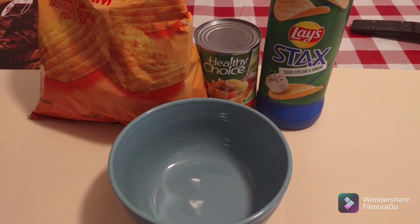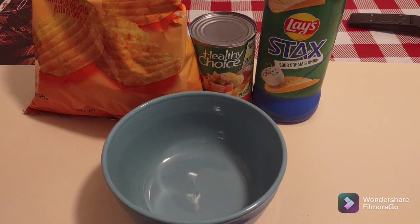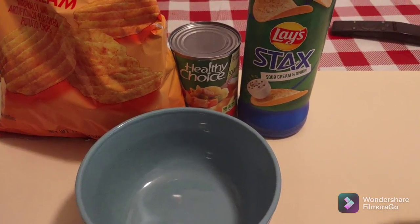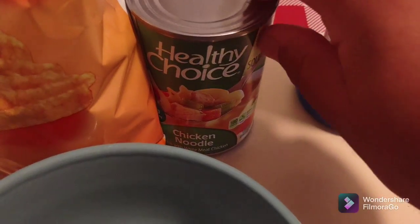So I like to eat soups, but sometimes I feel like I need something a little crunchy, a little more substance to it. So what I do is I will use what you see right here in front of me. First of all, the foundation of this is right here. It's this can of Healthy Choice